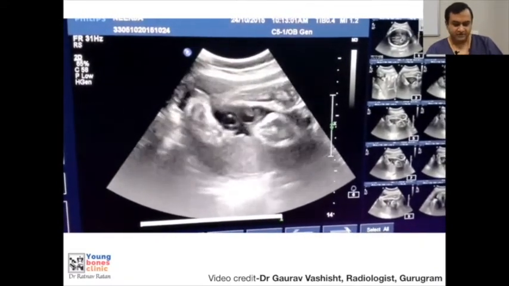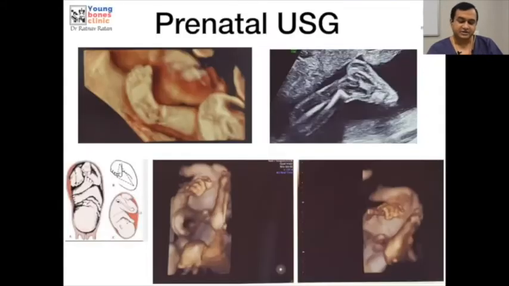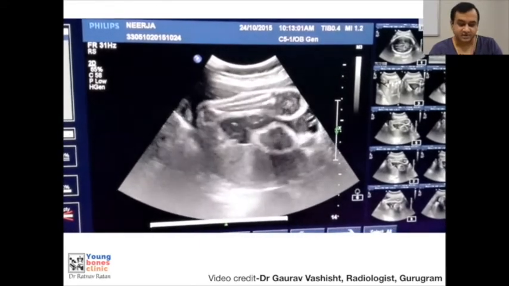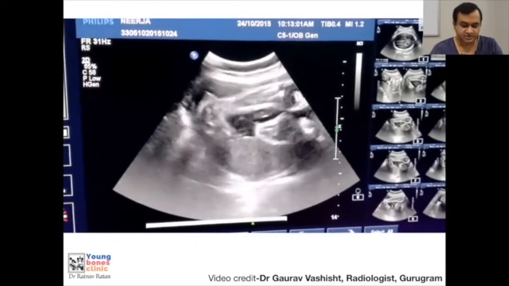Even if we get to know of the deformity at such an early age, we usually don't need to do anything. We just need to counsel the patient, and the treatment only starts after the birth. There is nothing to panic about, and most of these deformities are correctable unless there is some underlying problem. We'll be discussing that.